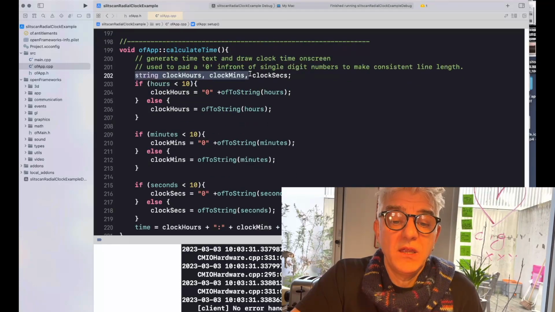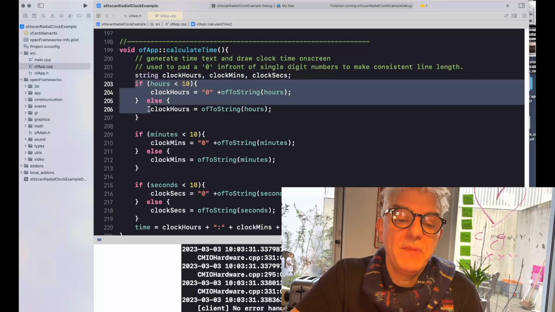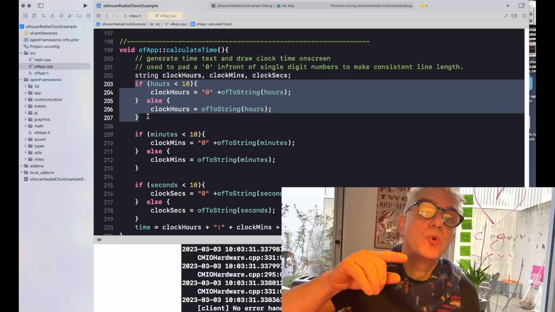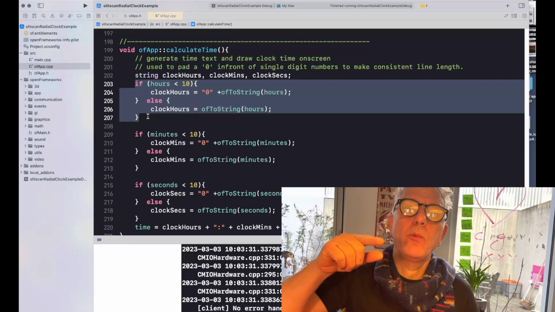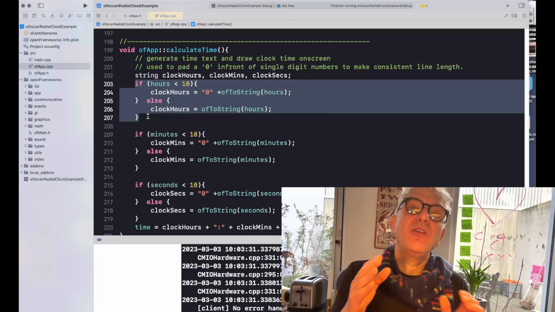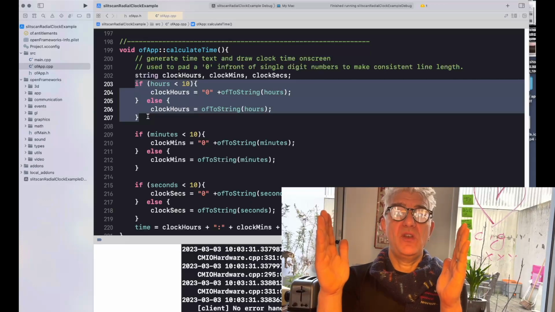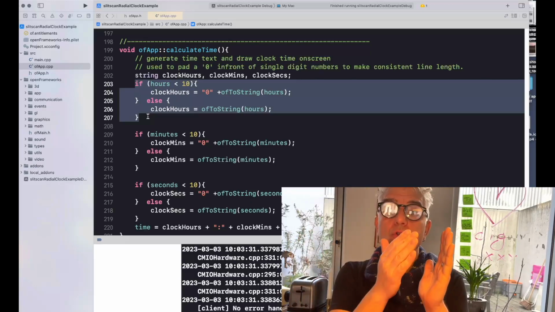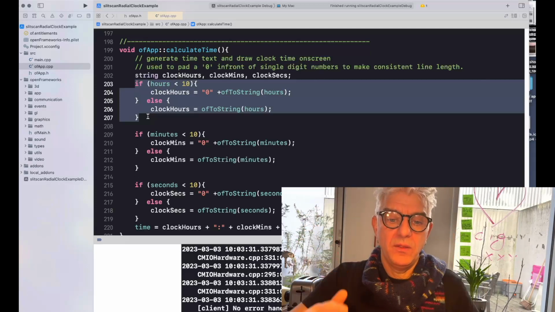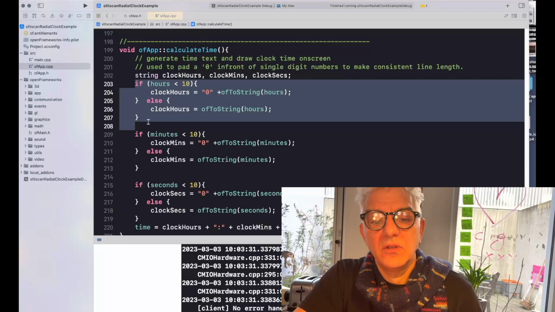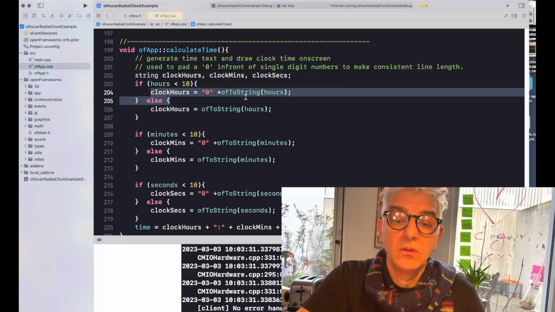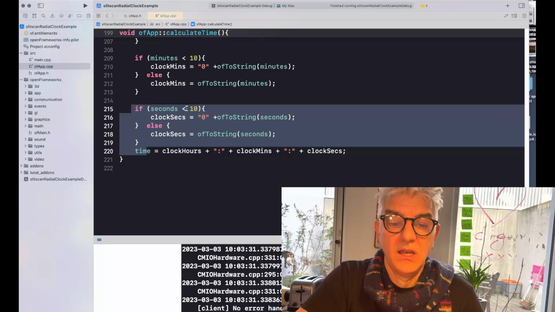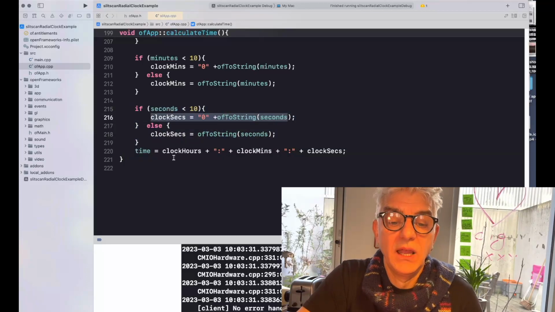So I'm saying please make a string, and because the clock hours will give us 0, 1, 2, 3, 4, 5, 6, 7, 8, 9, 10, 11, 12, etc. If it's below 10, I actually want to pad it with a 0 at the beginning, so always the printout of the clock is the same length. So if it's 9:30 a.m., it'll say 09:30 a.m., so that it's the same width as if it's 12:52 p.m. So we say if the hours is less than 10, pad it with a 0 at the beginning of the string. If the minutes is less than 10, pad it with a 0 at the beginning of the string. If the seconds is less than 10, pad it with a 0 at the beginning of the string, and then